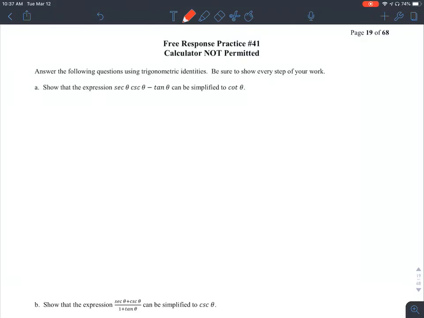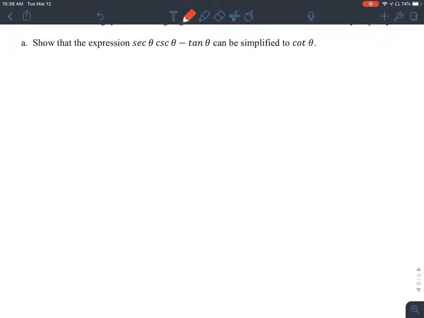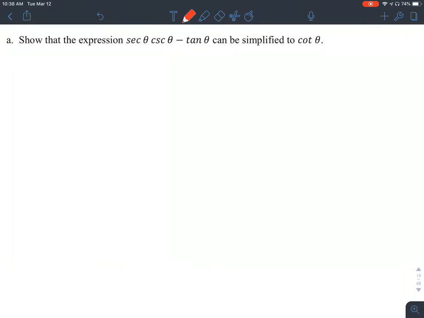This is pre-AP Precalculus. On free response practice number 41, you cannot use a calculator. Answer the following questions about trig identities. Be sure to show every step of your work. A, show that the expression secant of theta times cosecant of theta minus tangent can be simplified to cotangent of